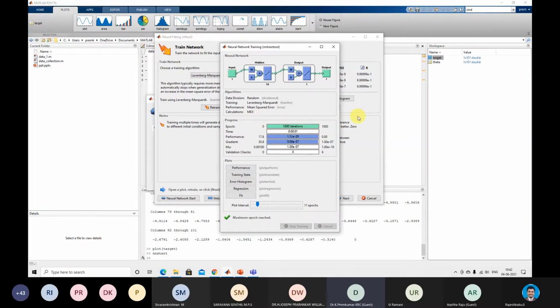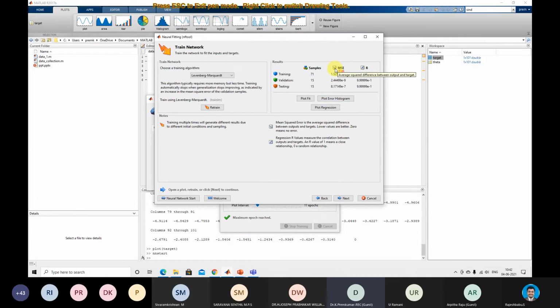And then here you will see that the mean square error after the training process is about 1.5 times 10 to the power minus 9, and then 2.4 times 10 to the power minus 9, like 8.1 times 10 to the power minus 7, okay. And also you can see that the error for the regression plot is about 9.9 times 10 to the power minus 1, okay. So when seeing that error, the error is very minimal, so I think the trained neural network provides the exact output of that collected data,